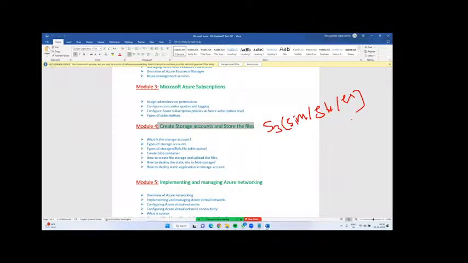Next, in our OTT platform, Reliance Jio, movies, cinema, entertainment, serials, music, all videos, Reliance Jio people are storing in Azure storage itself.